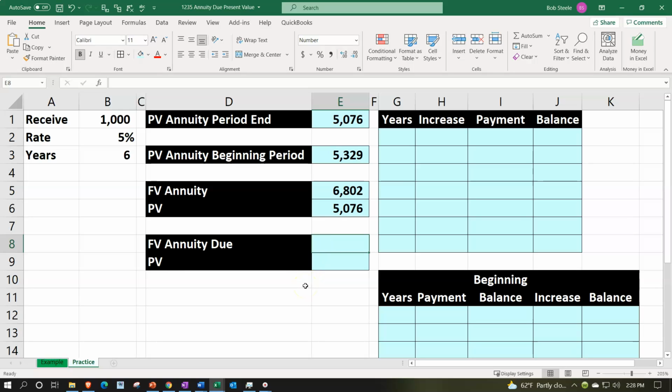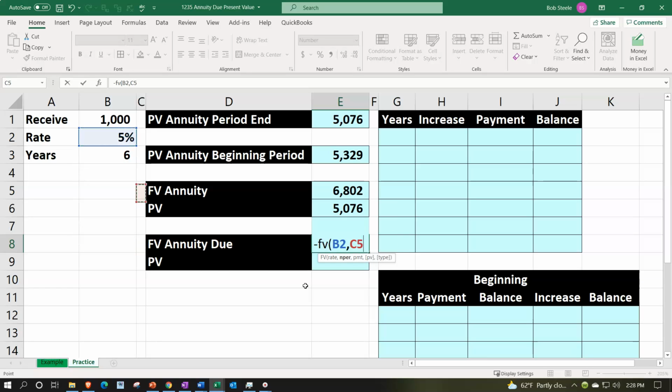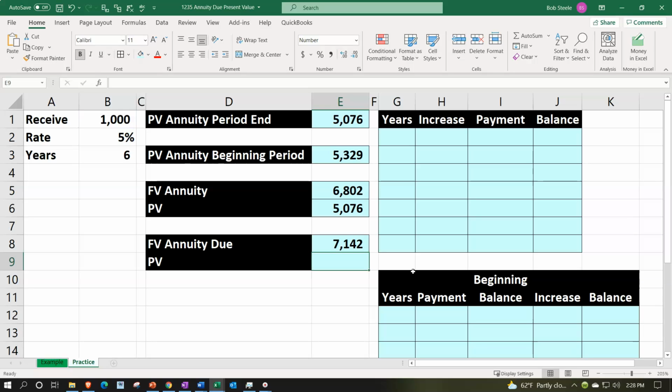I can do annuity due, going forward into the future, which would look like this: negative future value, shift 9, the rate 5%, comma, number of periods would be 6, comma, the payment would be 1,000, comma, and then I'm going to try to get over that type field again. So I'm going to say comma again, bringing us to the type. And this time I'm going to choose the 1 to make it at the beginning of the period and enter. So now we're at the 7,142 if we were to visualize it going out 6 years into the future. And then if I simply present value that back to the current time period, 6 years back, we should get to this